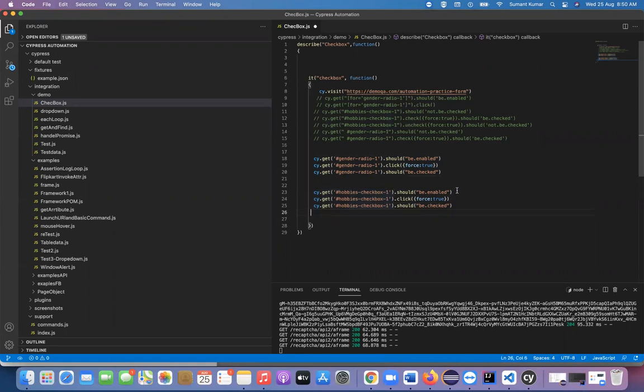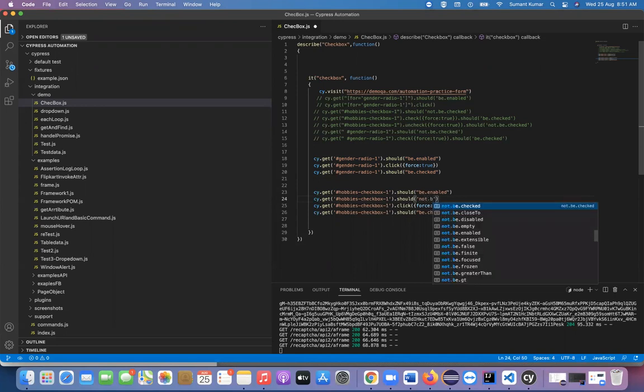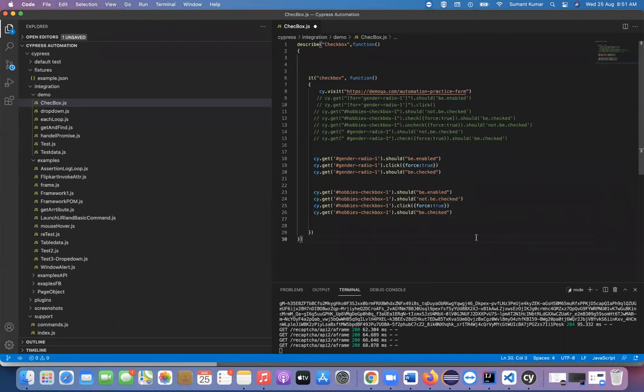First it is enabled. After enabled, I can check also: first time it is not checked, right? So should, and here we can put not.be.checked. So what I'm doing here is first checking whether it is enabled, meaning are we able to click or not.